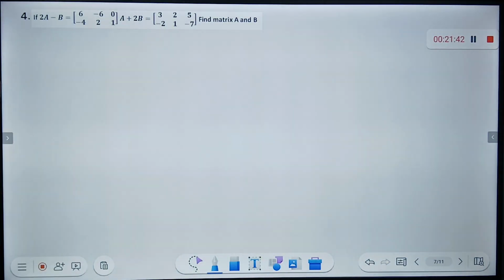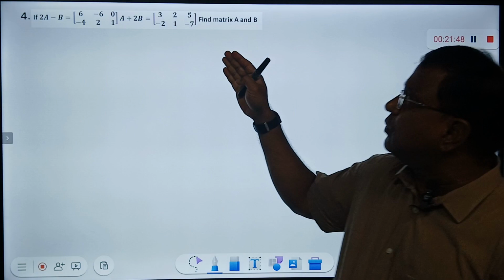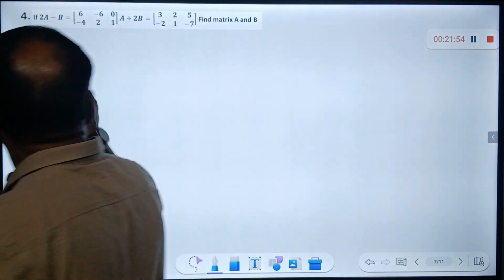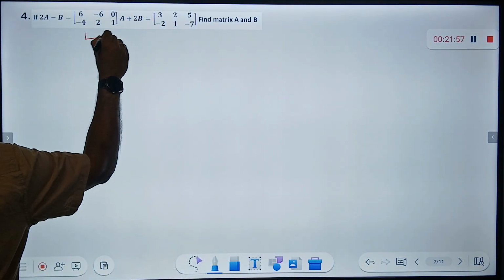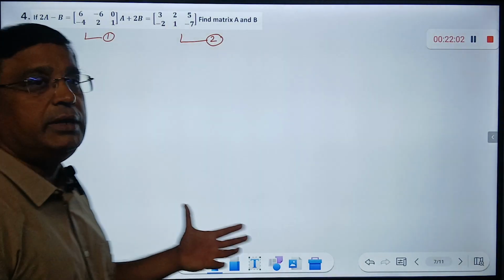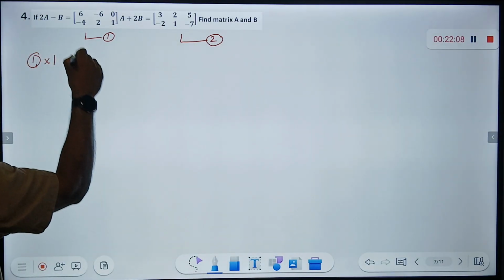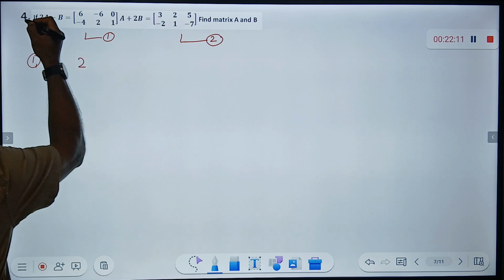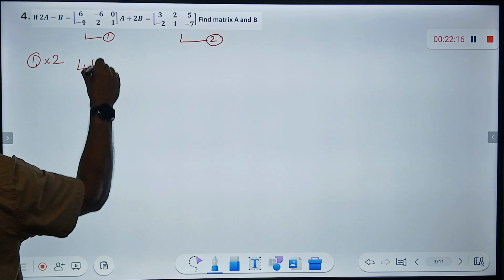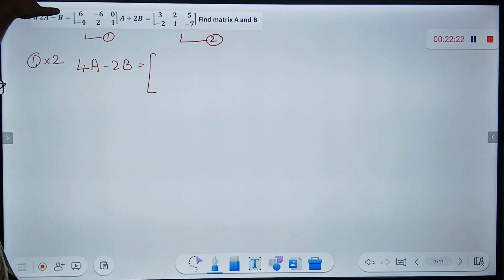The next question is, I want to find matrices A and B where an equation is given. This must be looking very familiar to you, because this is something similar to class 10th linear equation. Now I take this equation as 1 and I take this equation as 2. And I will eliminate one of them. So I multiply the first equation by 2. If I multiply the first equation by 2, I get 4a minus 2b equal to,